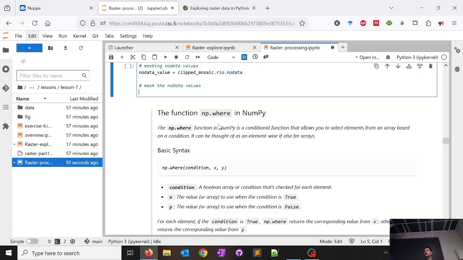So you can put any condition. You can say, okay, keep all the values that are bigger than 10. So NumPy where function is very useful when working with rasters. So I'm going to rewrite the clipped raster. I will put a condition. So from clipped raster dot where